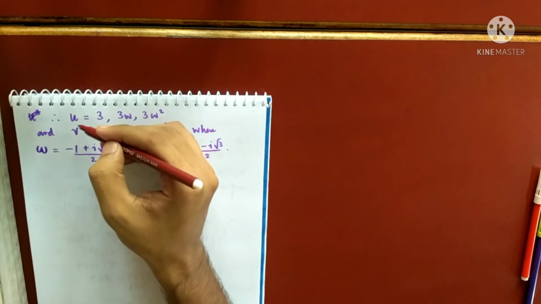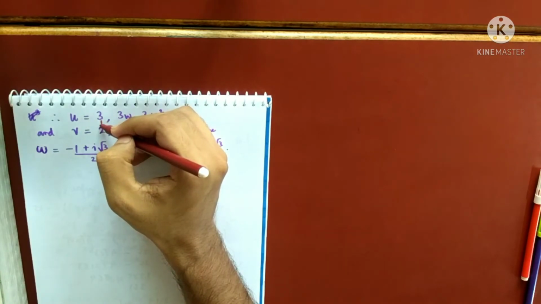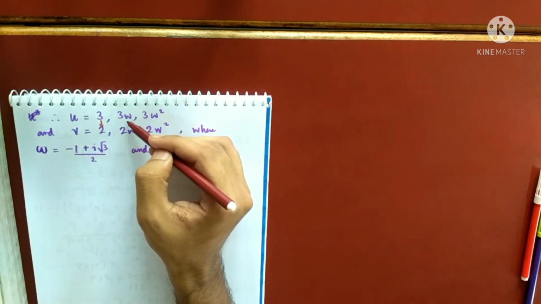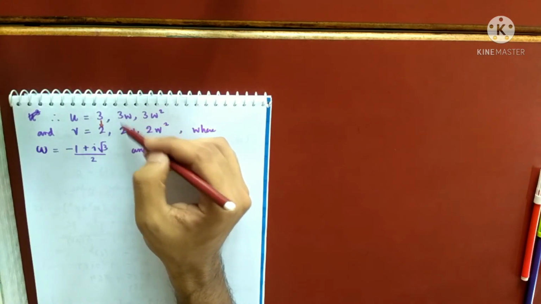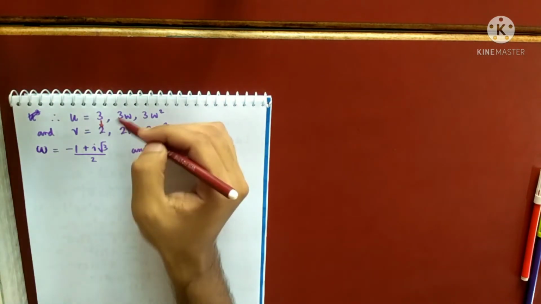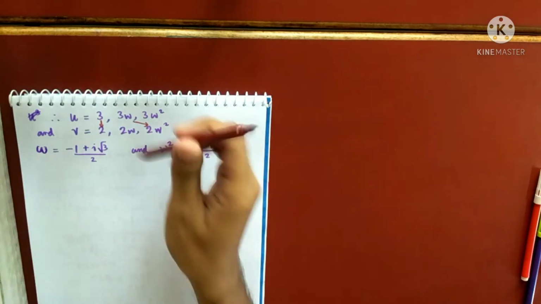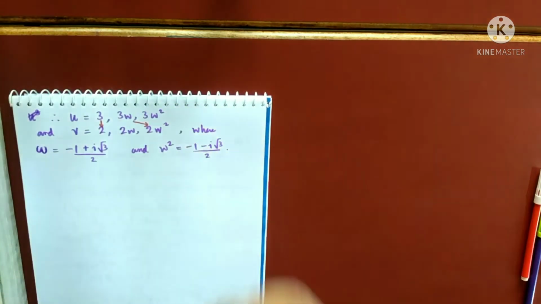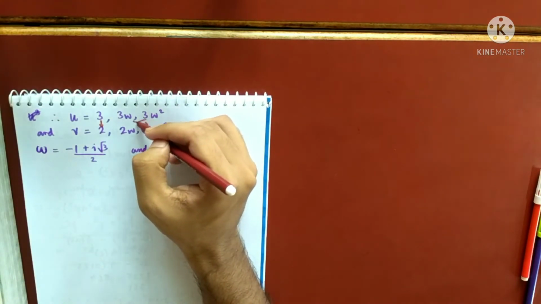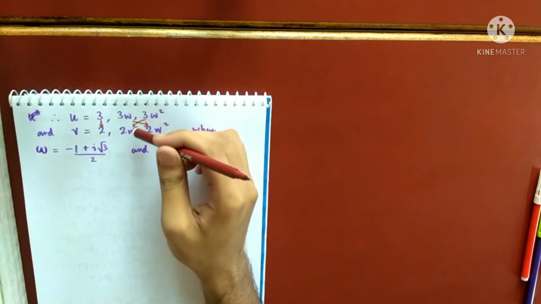Now you have to pair u and v because their product is 6. So 3 twos are 6, that is alright. But when u equals 3 omega, you cannot take v equals 2 omega, because their product will come to 6 omega square, but I know their product should be equal to 6. So when u equals 3 omega, you have to take v equals 2 omega square, right? Because 3 twos are 6, omega into omega square is omega cube, and omega cube is 1. And when you are taking u equals 3 omega square, you have to take v equals 2 omega. Again, for that same reason, 3 twos are 6, omega square into omega is 1.